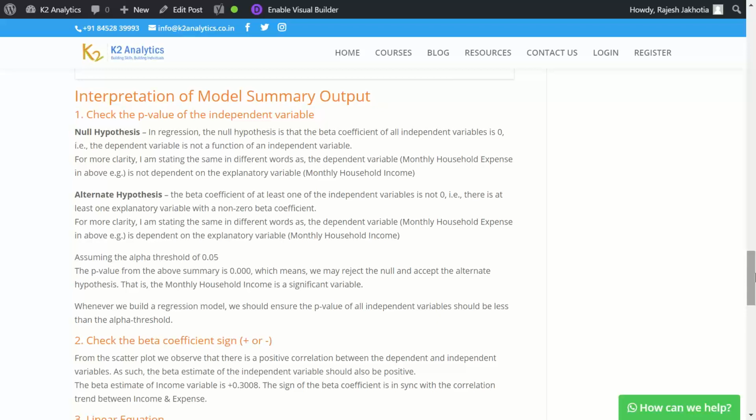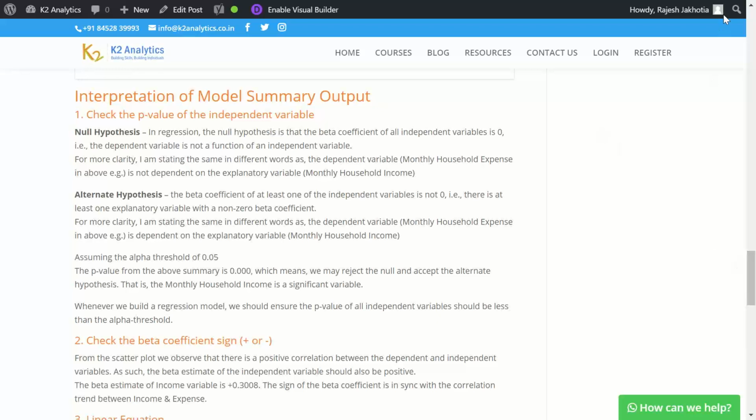I repeat, the null hypothesis is that the y variable, the output variable, which you are trying to predict based on the input variable, the independent variable, does not have any relation between them.